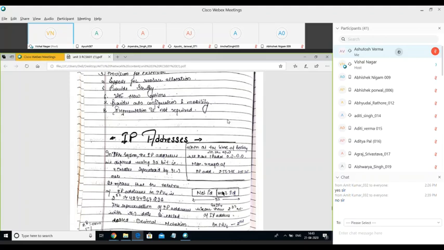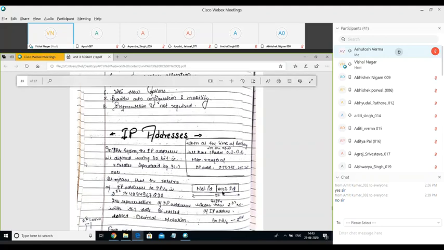Because we are representing octets through A, B, C, and D, and an octet means 2 to the power 8. So 8 bits means 256 combinations. So all these octets will have 256 different values. It will start from 0 to 255. So the first IP address in the network would be 0.0.0.0, and it will last on 255.255.255.255. This is the entire range of IP addresses that we have in our IPv4 version of the network.